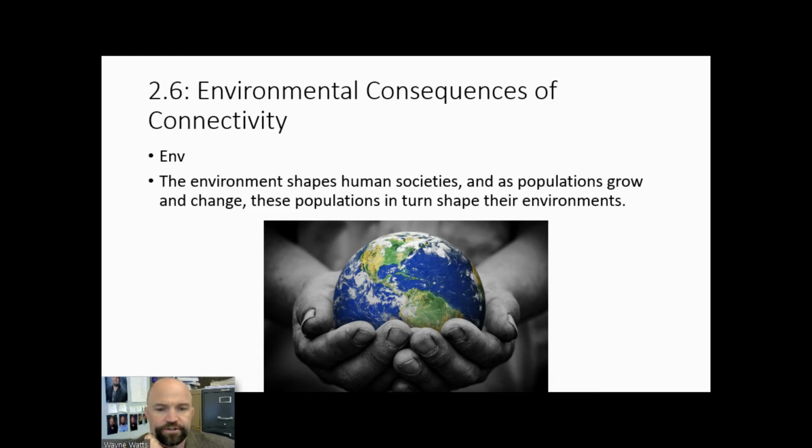That's going to take us to key concept 2.6, which is going to relate to theme 1 of AP World, interactions between human beings and the environment. And 2.6 is environmental consequences of connectivity. So, of course, the Earth shapes human societies, and as populations grow and change, these populations in turn shape their